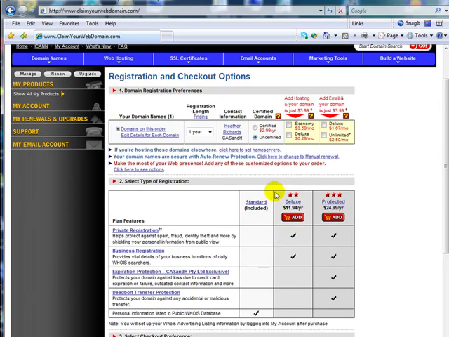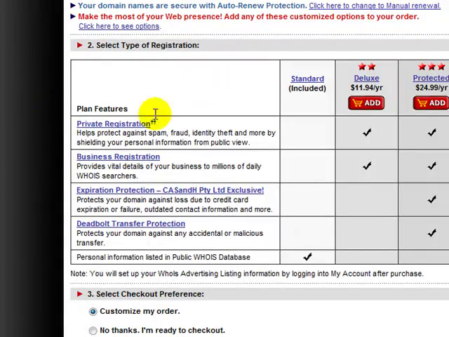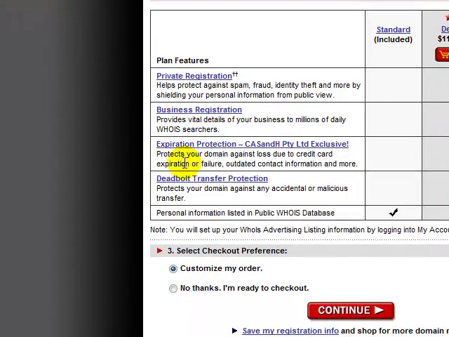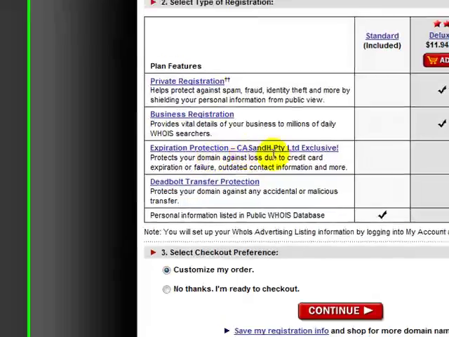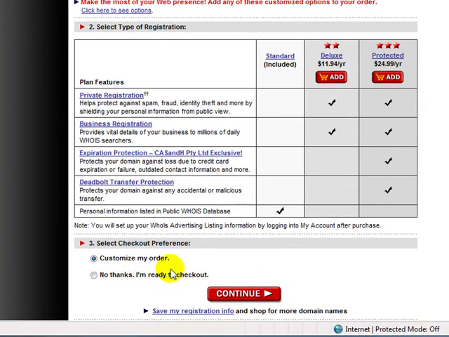You can then go on with all the other alternatives that they offer you here: private registration, business registration, expiry protection, and all sorts of different extras. But today we're just after the standard registration. Now normally I would click no thanks, I'm ready to go to checkout, and go straight to